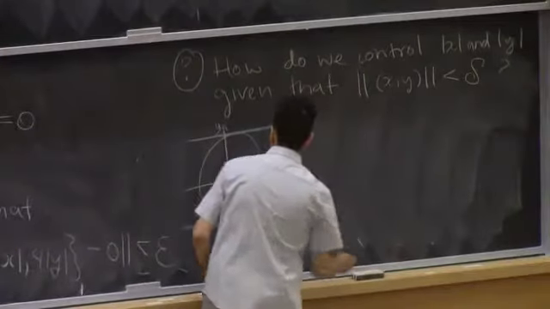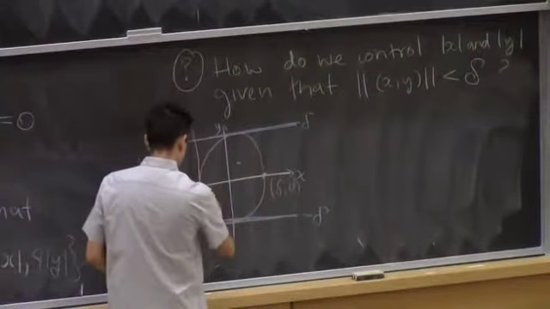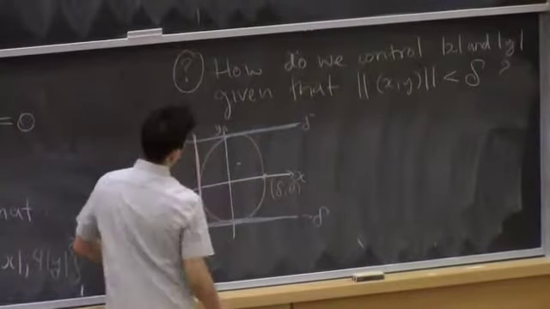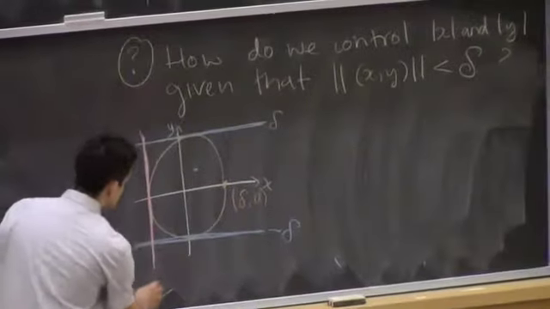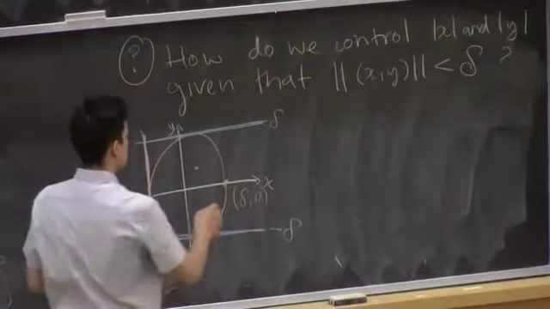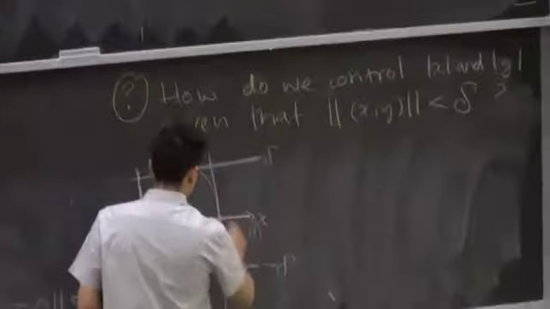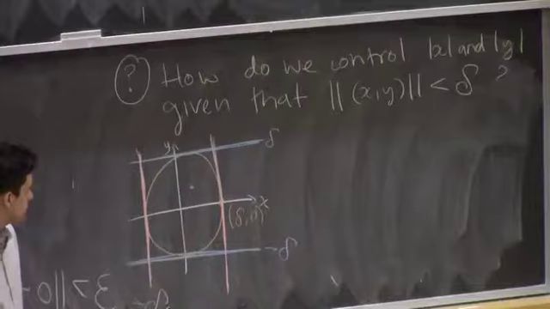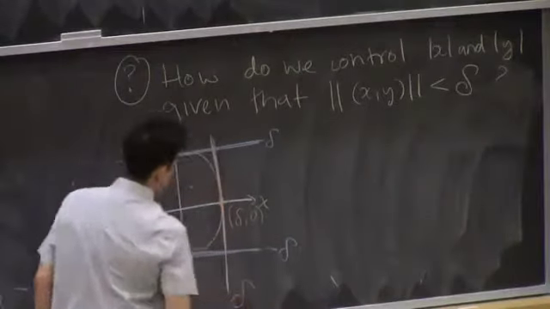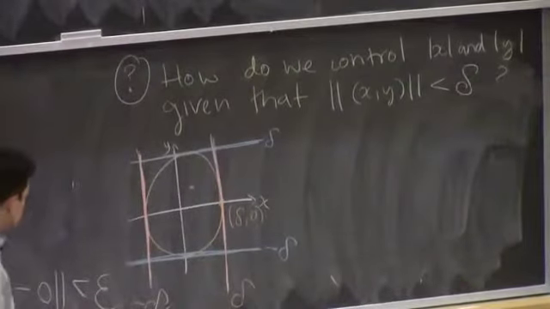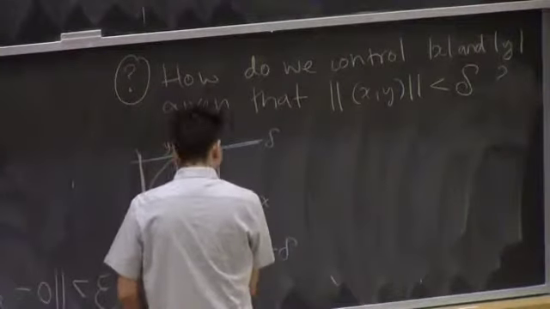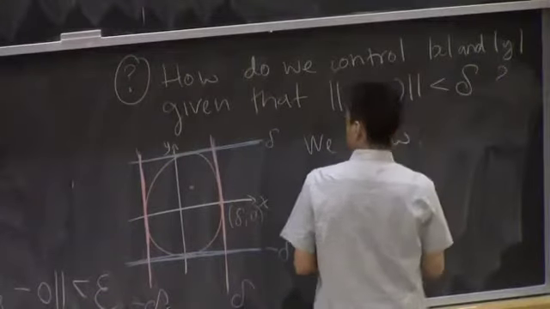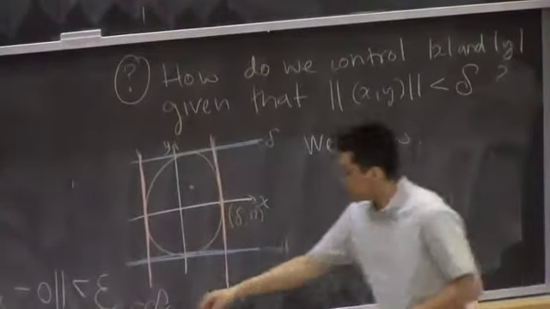Okay, going the other way, the most negative x can get is negative delta, and the biggest it can possibly get is delta. Okay, so we know based on this picture